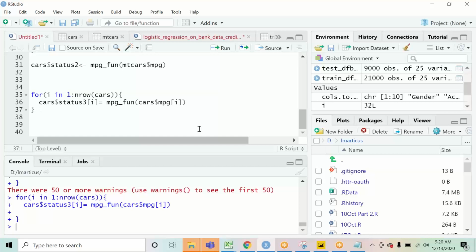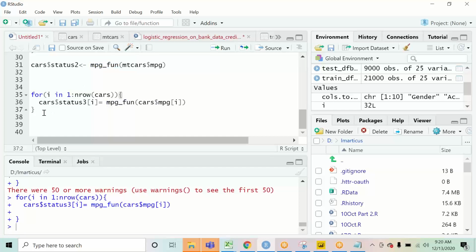Okay, so if you see right now, what we have done is we have first created a function, and then we have applied that function to create a new column. And the way we are able to apply that function is we are actually writing a loop. Now that is where things become a little complex, right? We had to write this entire code in order to apply the function that we had created.